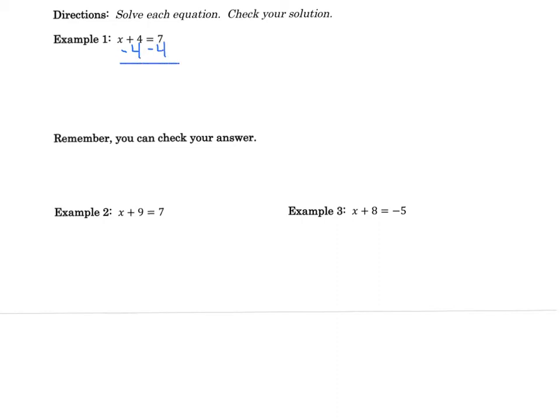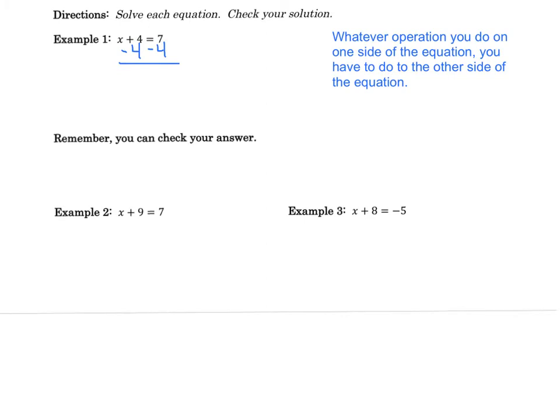Whatever you want to do on one side of the equation, you have to do on the other side of the equation. You want to balance out your equations. So in example 1, x plus 4 equals 7, and we subtracted 4 from both sides. You want to bring down your x,